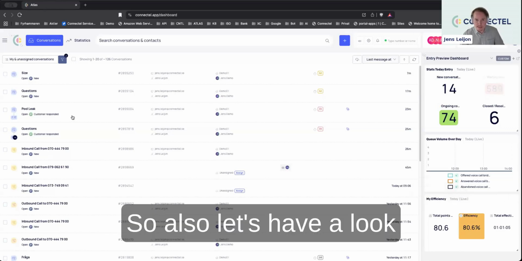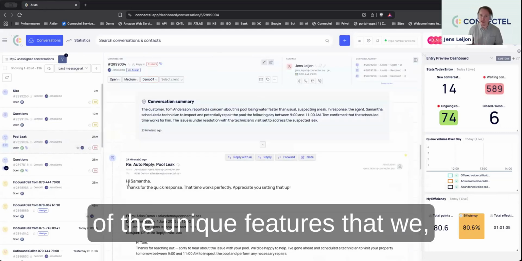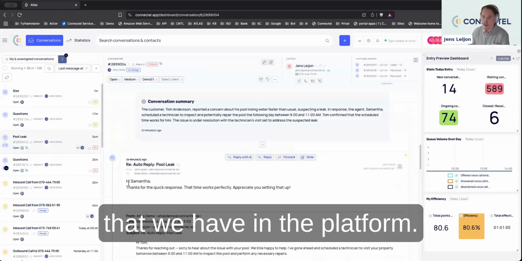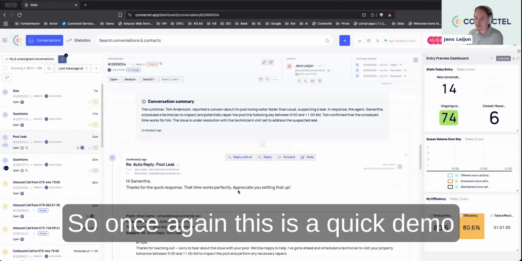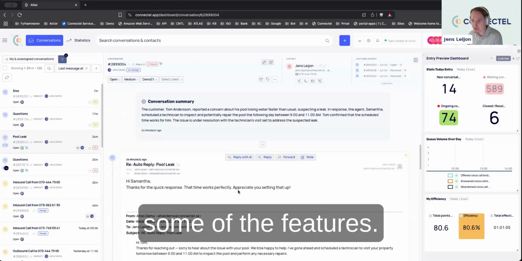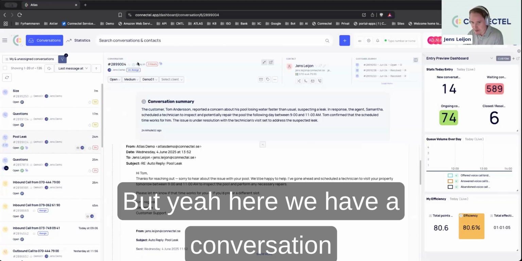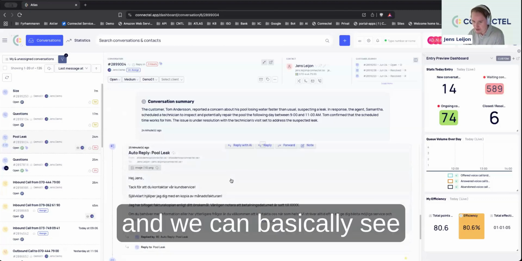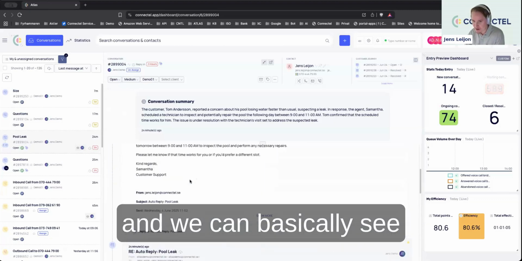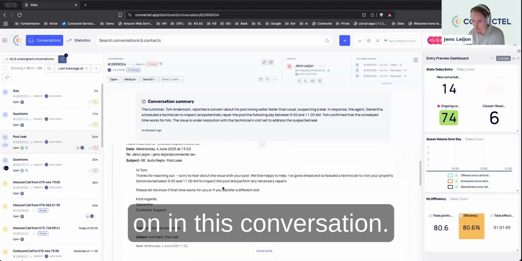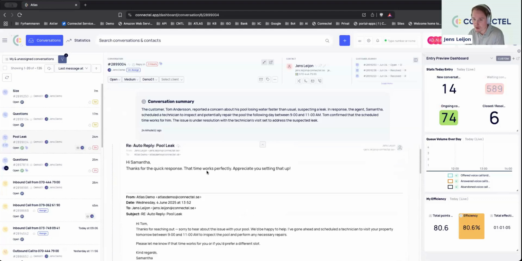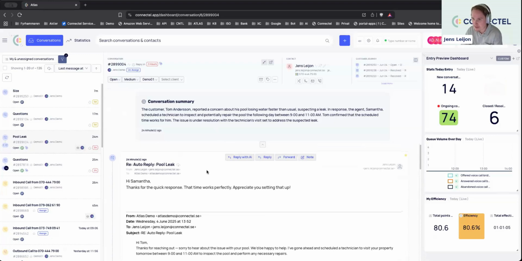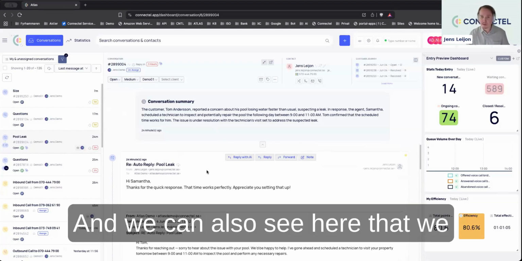So also let's have a look at the conversation and some of the unique features that we have in the platform. So once again, this is a quick demo. I need to go through and highlight some of the features, but yeah, here we have a conversation, and we can basically see everything that has been going on in this conversation. It was a question from Tom in this case around a pool leak issue,